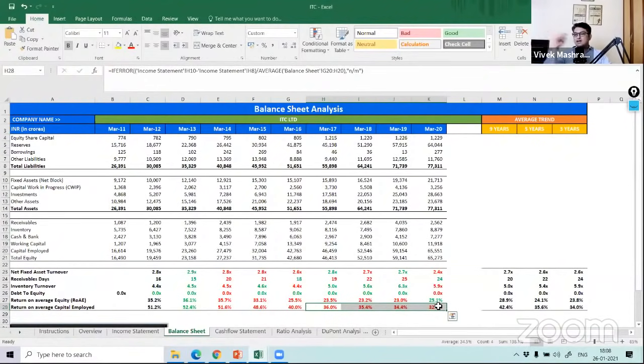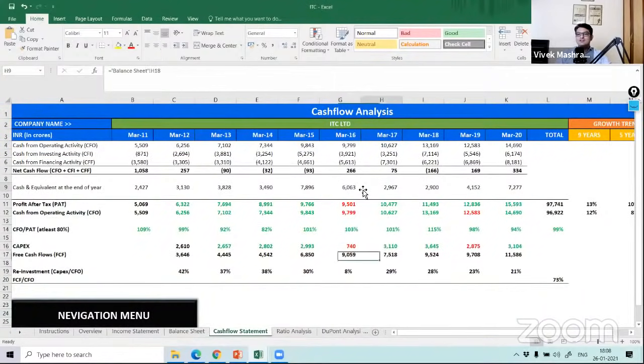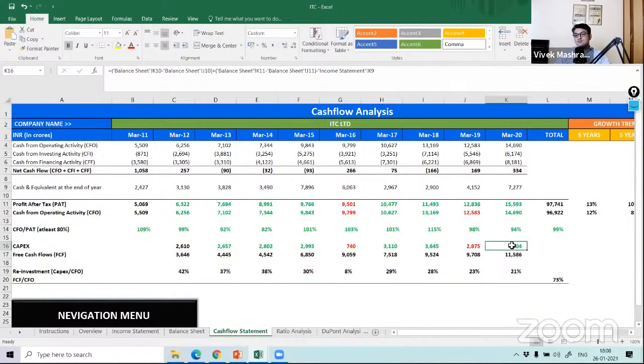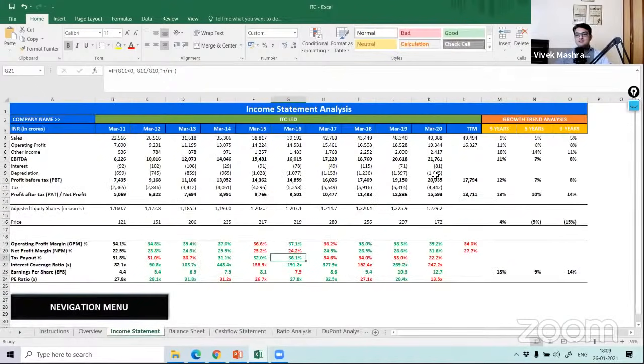Next question you should ask is whether they can open up branches. Yeah, Raju Bhaiya's son and grandson are going to do the same business. Okay, so that answer you will get from the cash flow statement. So go to the cash flow statement, see where they are putting their money. So they are earning say 14,690 crores. And what is the capex or reinvestment they are doing? Only 3,000 crore. And what is the depreciation of the company? Depreciation is 1,600 crore. So 1,600 crore is just the maintenance capex.